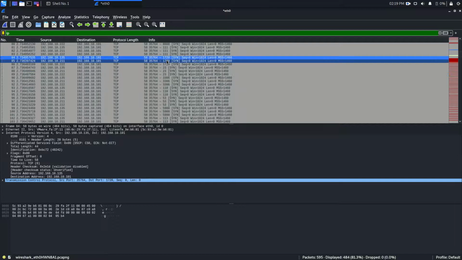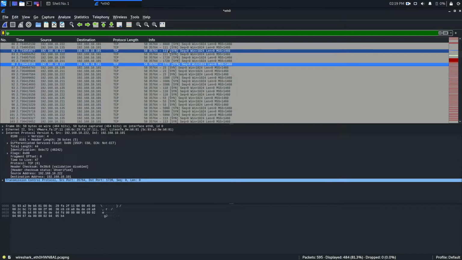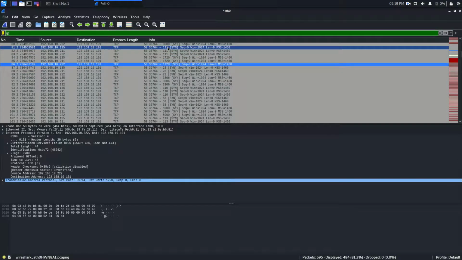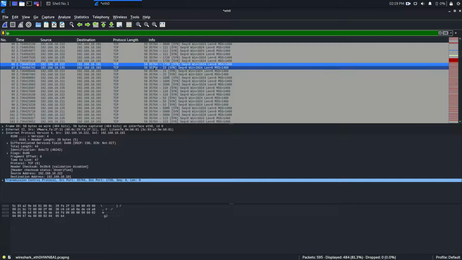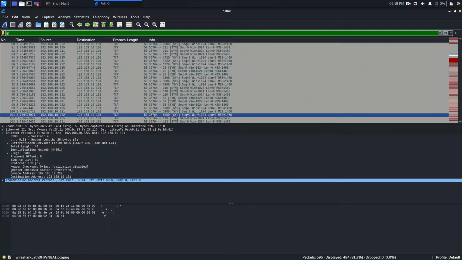Destination ports are changing because I'm scanning, suppose port number 21. If the port is open, we get some response, or we do not get some response, but we get the final response whether the port is closed or open, and we move to another port. So every time the destination port changes, but the source port is the same every time.